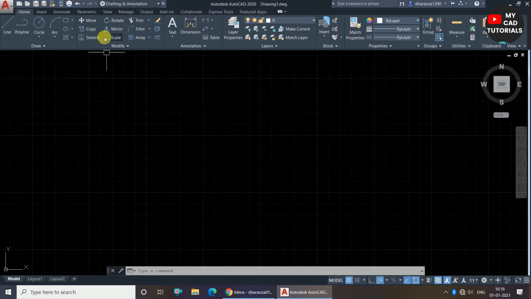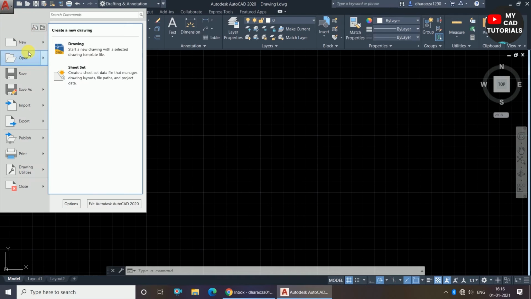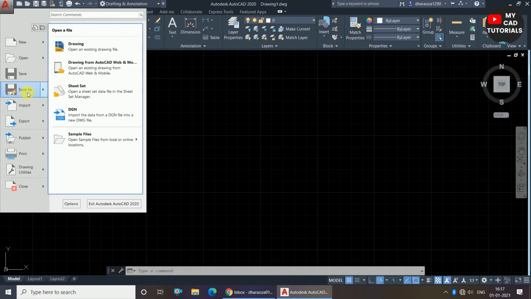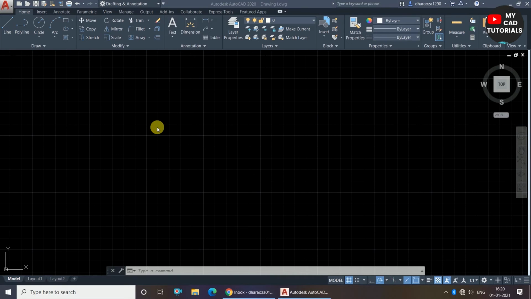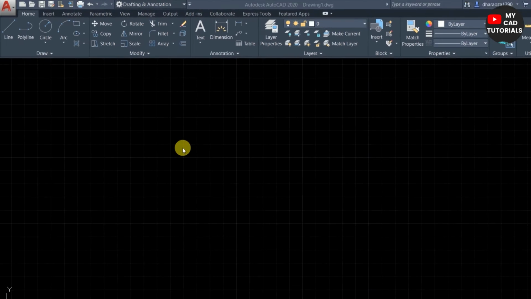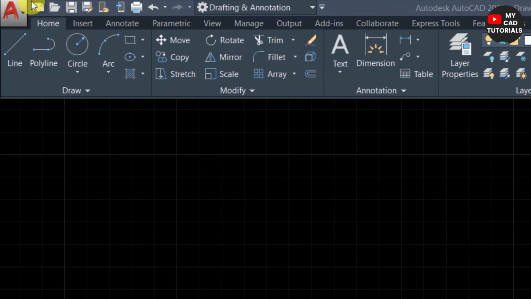So we have seen what the grid lines and the application menu are and the different options that are available in the application menu. The next is the quick access toolbar. You can see here some options. This panel is called the quick access toolbar. In this panel, AutoCAD shows the same options available in the application menu like open, new, save, save as, undo, redo, import, export, etc. We can also hide these options from the arrow.